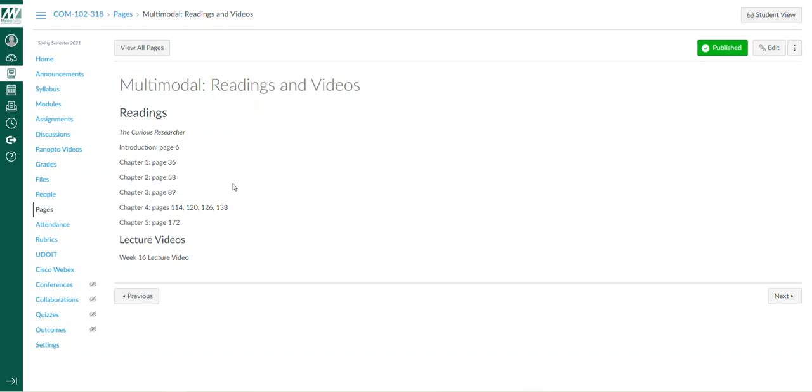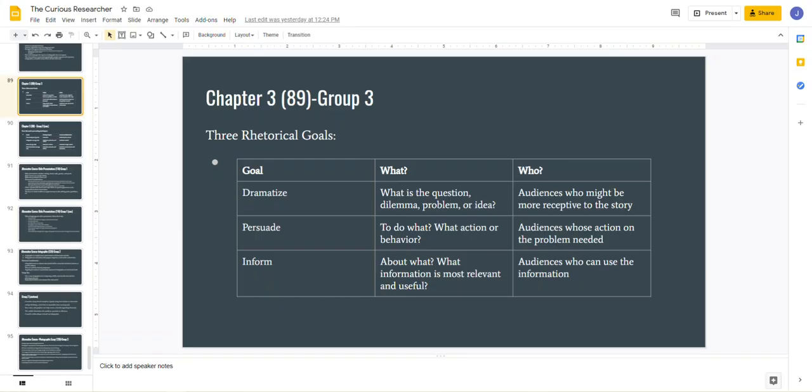So I urge everyone to be creative with this assignment. In the course drive folder, you have the slide presentation that we've been working on all semester long. And I just want to highlight some of the slides that I've put together with some of my other sections in 102. All right, so if you look at some of the ideas that Ballinger puts forth about alternative genres,